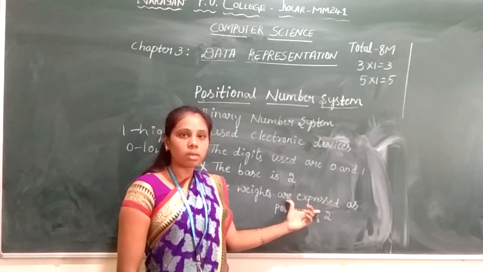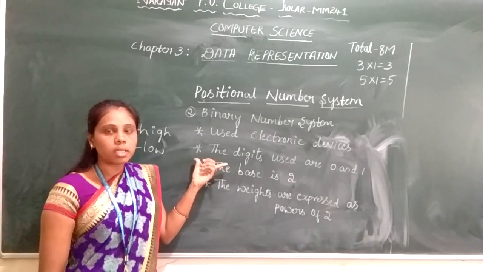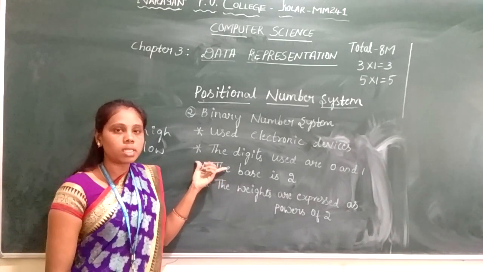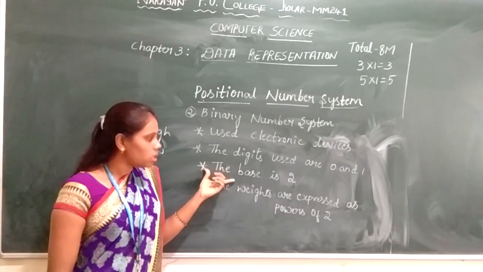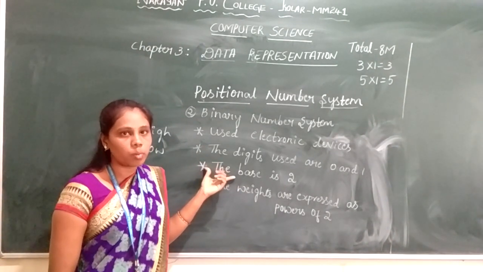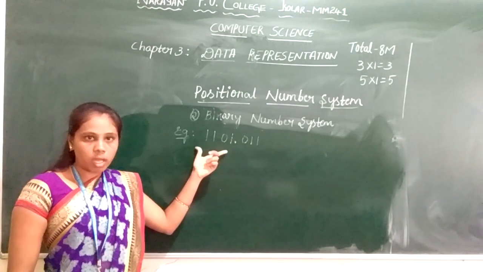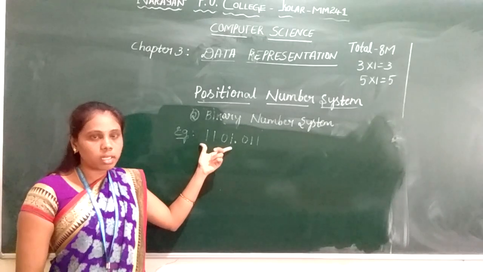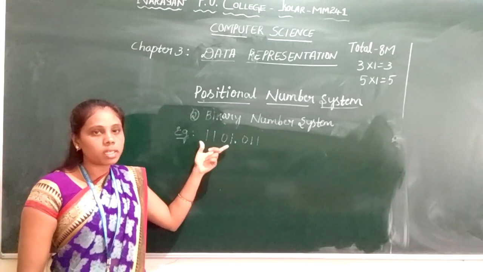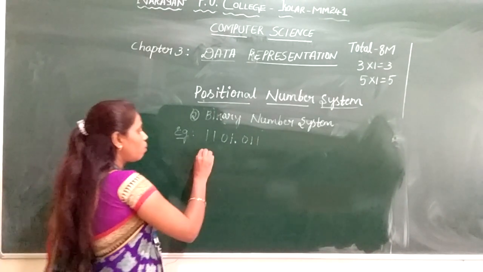Now we'll see how the digits are in binary number system. Whatever the digits we are using, we call them a binary digit, or bit. Bit is an abbreviation of binary digit. Hence, we'll see how these digits will be represented in a computer memory. So, this is an example of your binary values. Each symbol in binary number system we call a bit. Individual symbols we call a bit. So now we'll see how these bits will be represented in our computer memory.